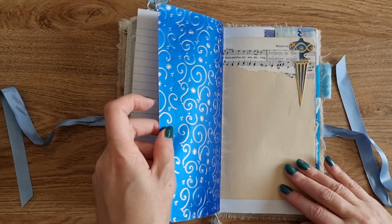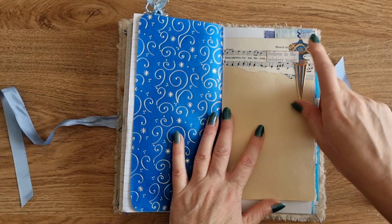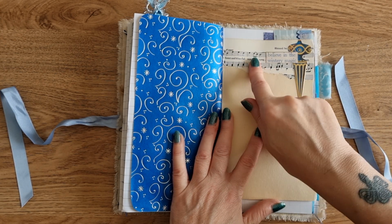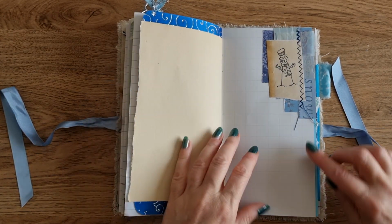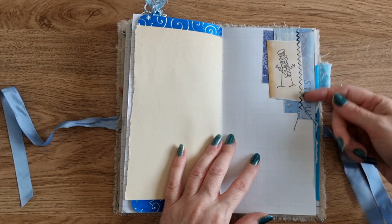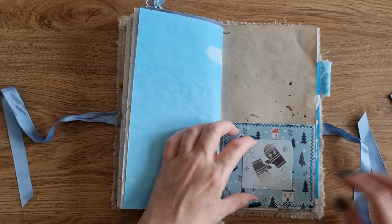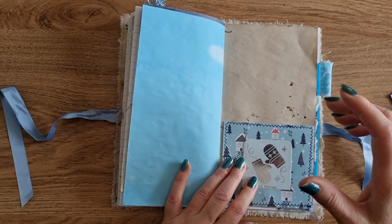Lots of paper. Oh, look at the shine. It's another one of those gorgeous baubles, die cuts, and some vintage music paper. Believe in the wintry magic. One of my little scrappy embellishments, it's got some vellum behind there, and I wanted the word snow to really show. And then we've got in here, this is actually from a tag